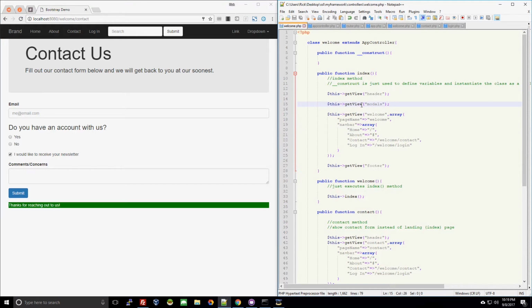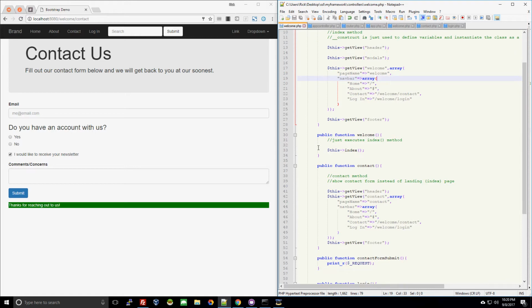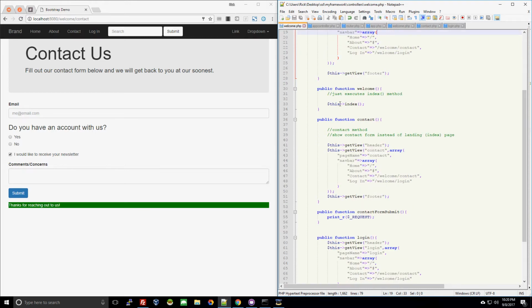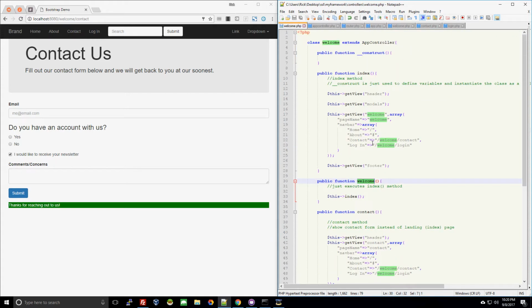And on the right here I have the welcome.php controller, which I should really rename to like Bootstrap or something like that. It's just awkward to say welcome/contact, but anyways, I moved everything from the construct function to the index function, and then from there I made all of the other functions that display all the other pages. The welcome function here is just a copy of the index, so if someone actually were to go to